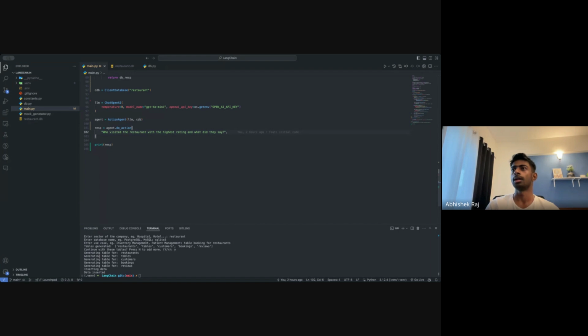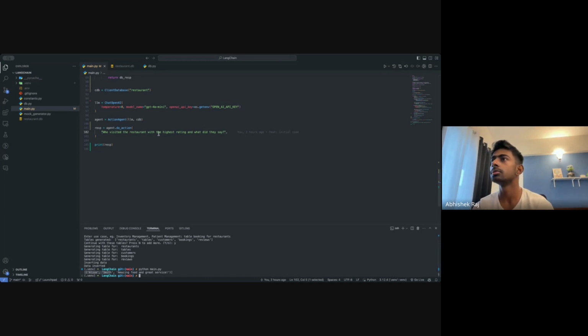You can see we have this basic prompt: who visited the restaurant with the highest rating and what did they say. We'll just execute this code. You can see Ellis Smith visited the restaurant. I think this prompt is vague, but you can still see the highest rating was given by Ellis Smith, and he had written amazing food and great service.